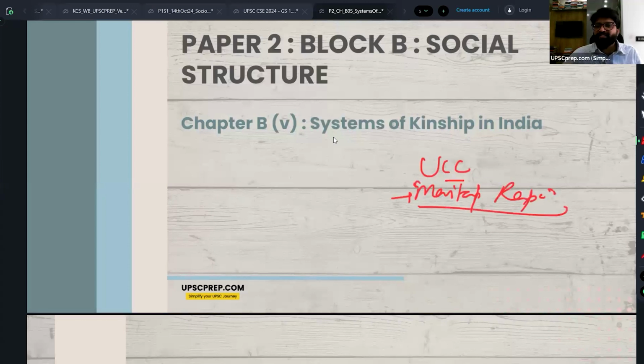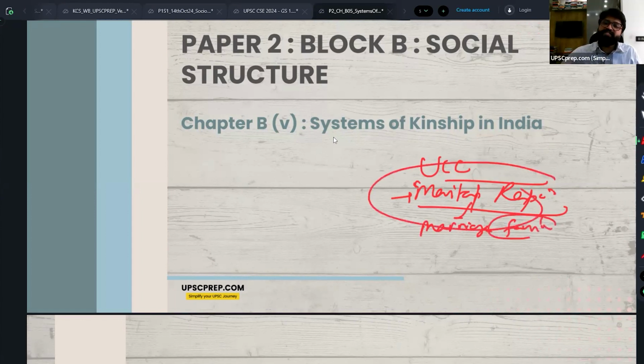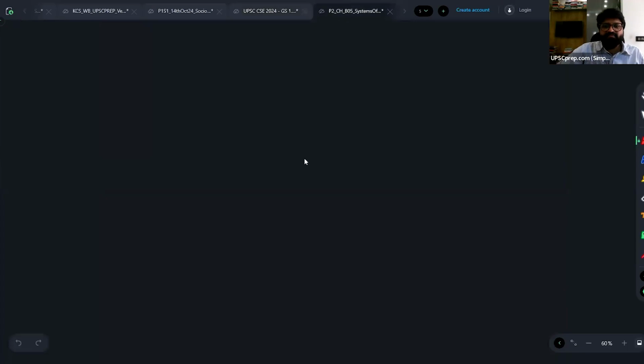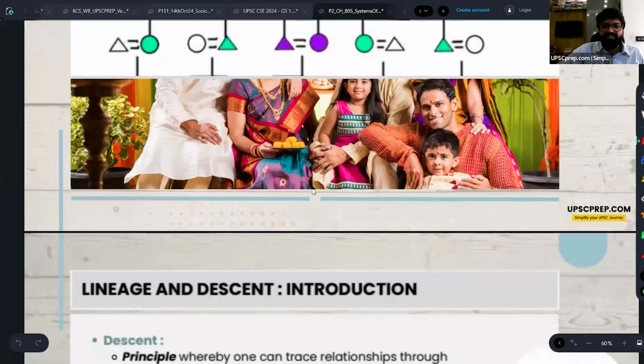So tomorrow there could be a question. I wouldn't be surprised if marital rape and its impact on the institution of marriage, how it is going to impact family, is asked in sociology. A question on marital rape itself could be asked in Indian society, as to how it would change the nature of marriage. In GS paper 1 also. So you should be mentally prepared for that. Exactly. Fine. So here again, if you look at marriage,